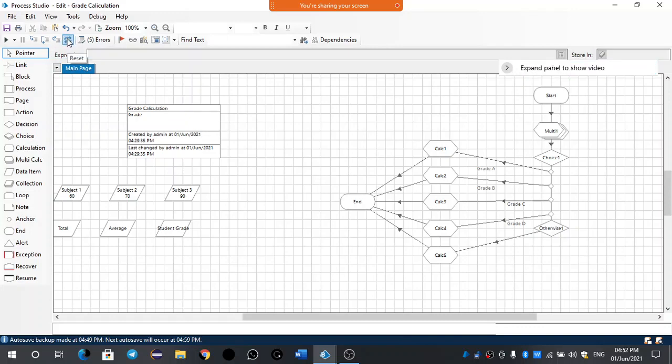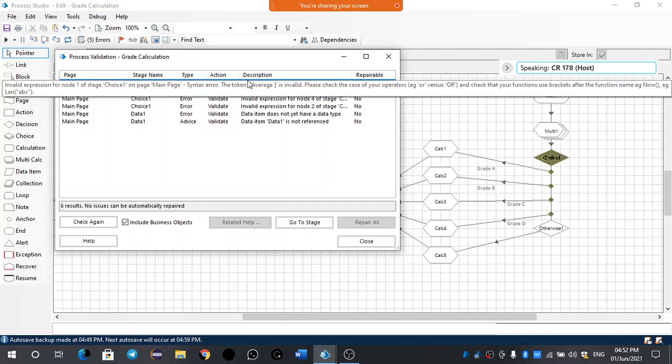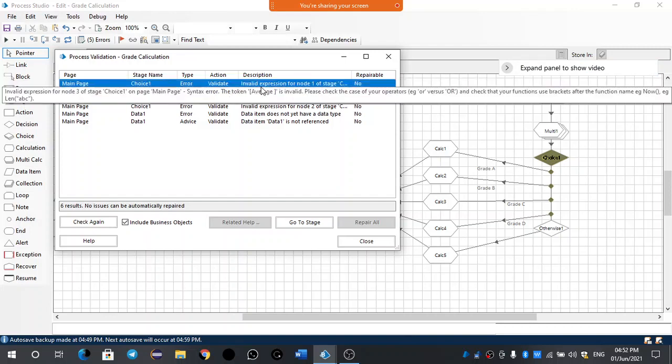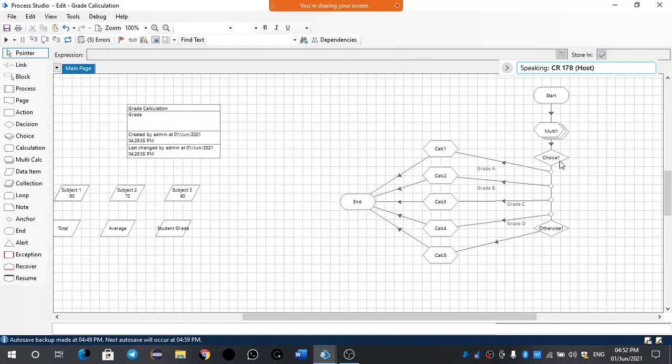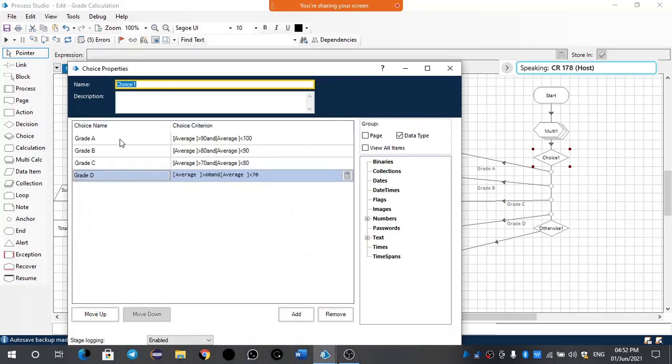Now again, how many errors? Ma'am, I think the error is in the choice stage. Open choice. In choice, he wrote grade A with spaces.